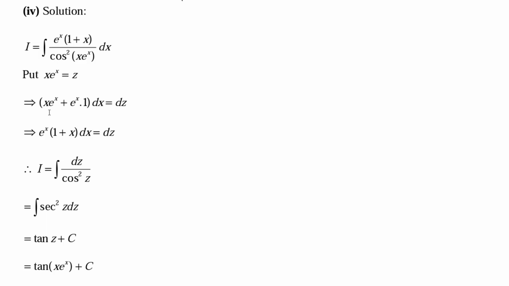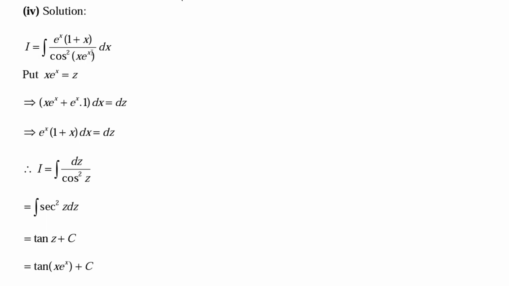because the formula is u d/dx of v plus v d/dx of u, which is x e to the power x plus e to the power x into 1. And on the right side we have dz by dx, and we brought the dx from the denominator to the left side. Now we have e to the power x times 1 plus x dx equal to dz. So this way we found the value of our numerator, this part, as our dz. Now let's put the value in the given question in terms of z. In the numerator part we got dz, so we wrote dz,